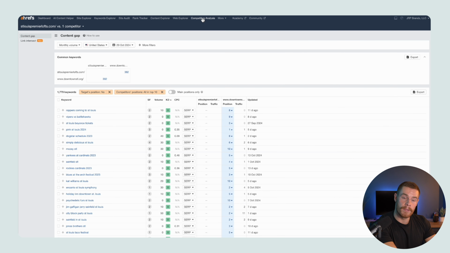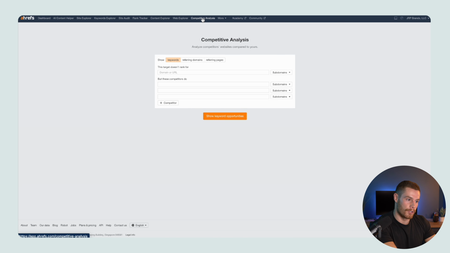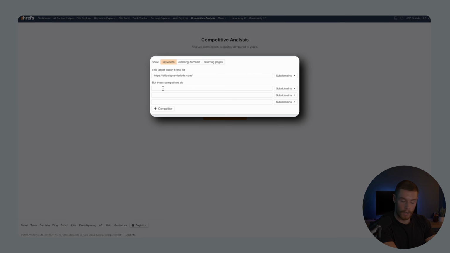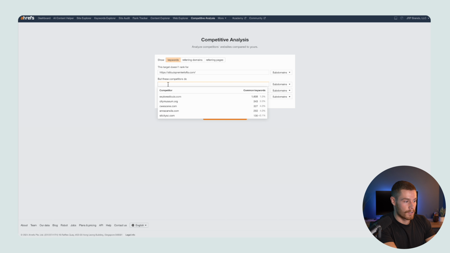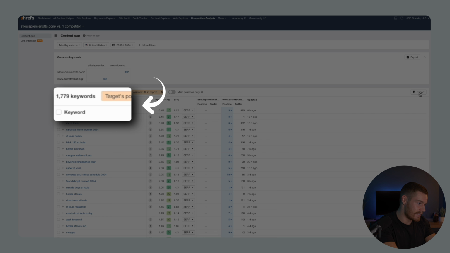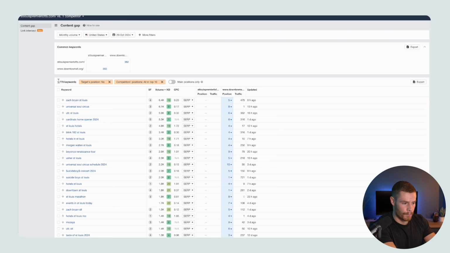So one way to do that is we're going to look at competitors. So we're going to go in Ahrefs. We're going to paste our link in there for our website, and then we're going to compare to a competitor. So you can upload more competitors if you want. I'm just going to use downtown St. Louis as a competitor, and we're going to look at keyword opportunities. We've got about 1,700 keywords here. So we're going to export these keywords